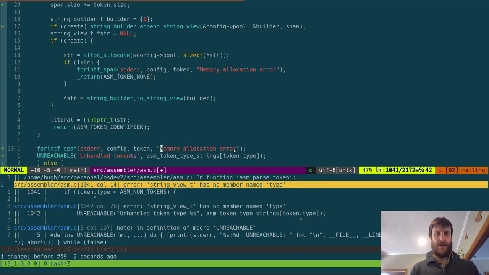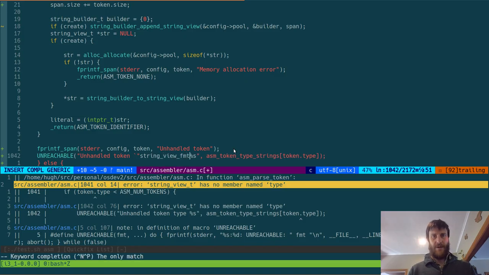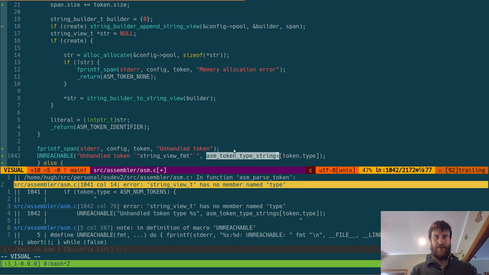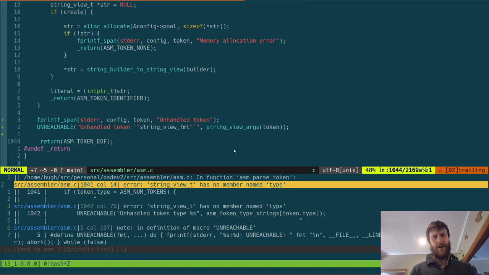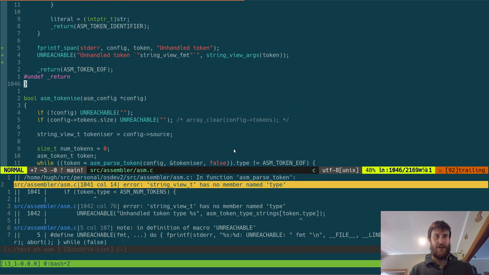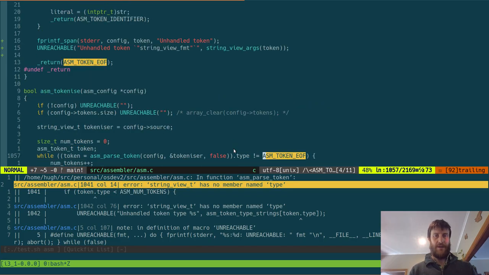So print it out and unhandled token, and perhaps here we can string view format, and we can just kind of print out the token that we have with string view args of token, and so we don't actually have a token type. And then when do we return the EOF? Do we return it any other places? Yes, so we